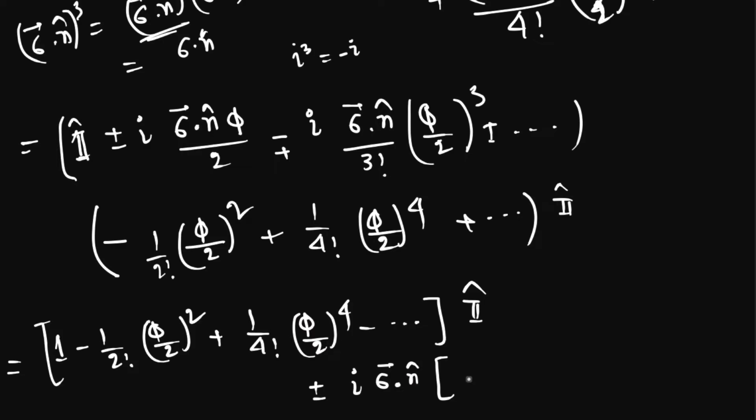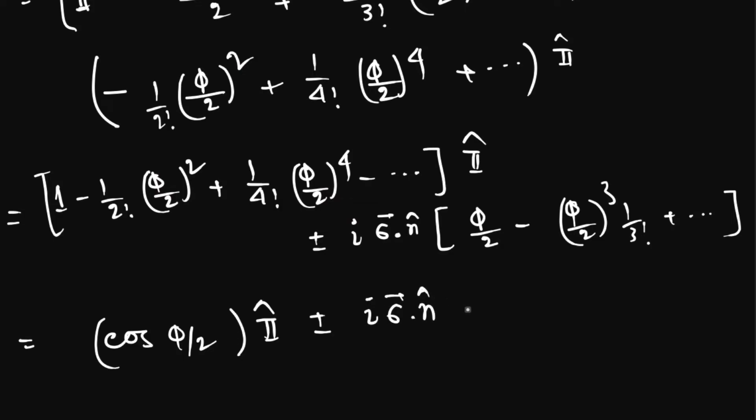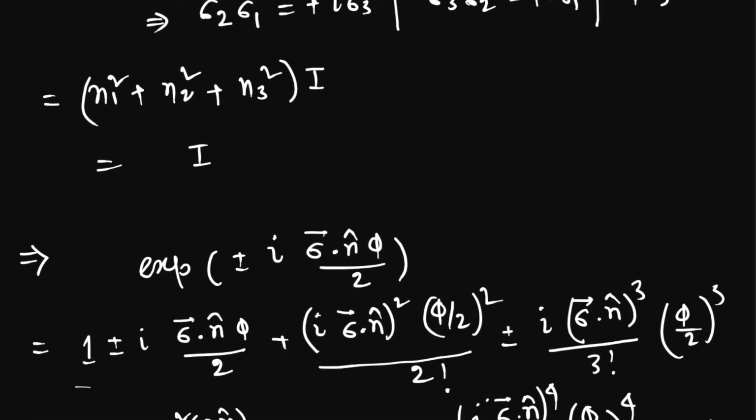That means this will be phi by 2 minus phi by 2 whole cube by 3 factorial plus dot dot dot. That means this can be simplified to cos phi by 2 into the identity operator plus minus i sigma dot n cap into sine phi by 2. That means this operator is nothing but the rotational operator